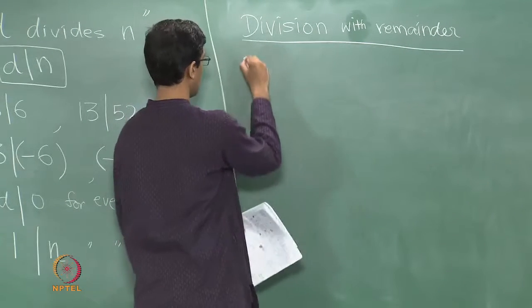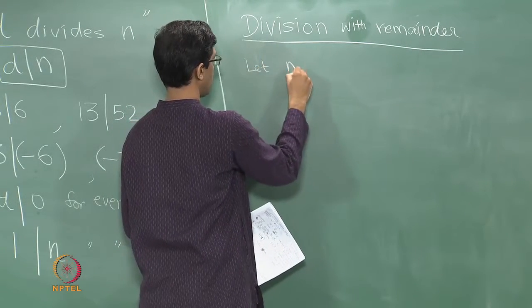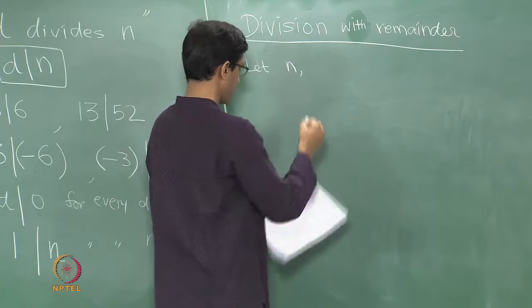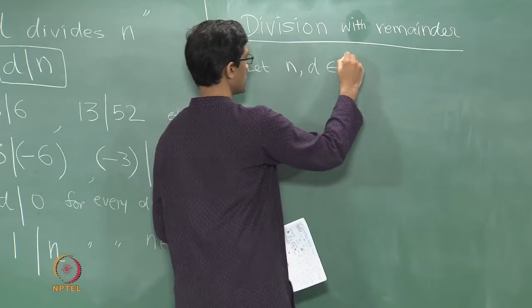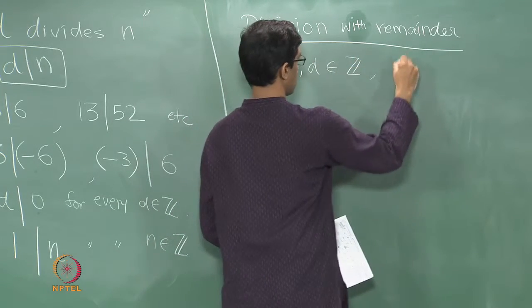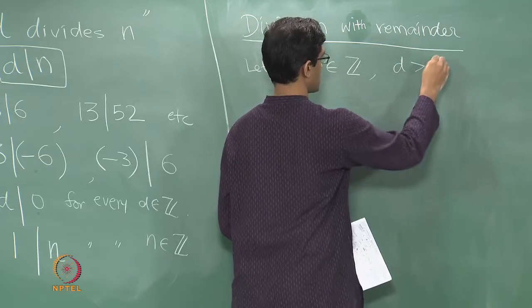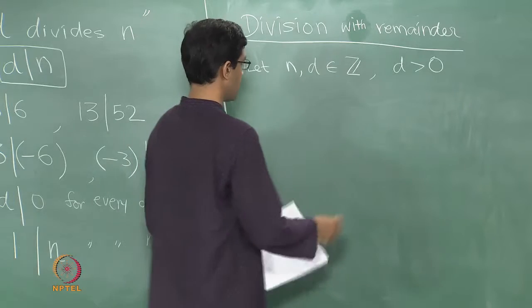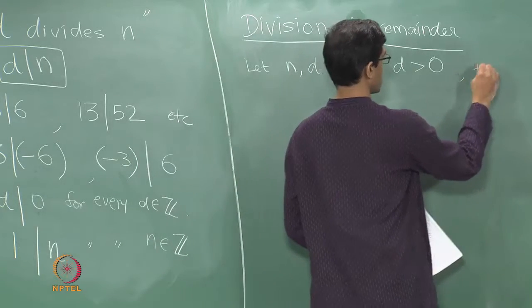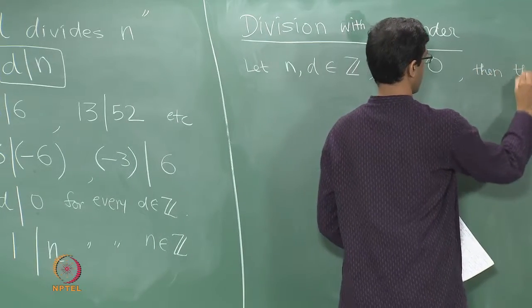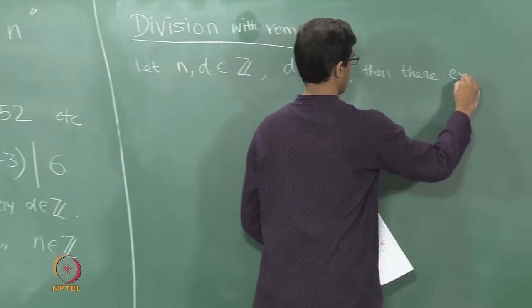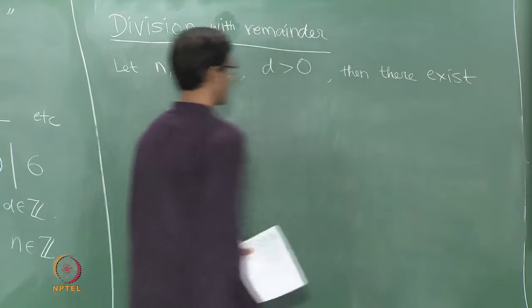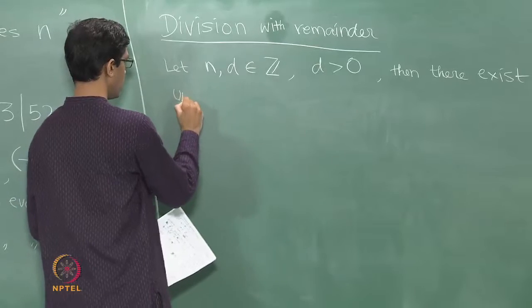Let us write it out formally first and then we will write out examples. Let n and d be integers, and let us assume that d is positive. It is just an assumption for convenience. If d is positive, then there exist unique integers